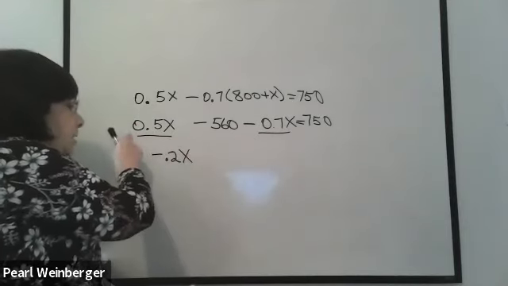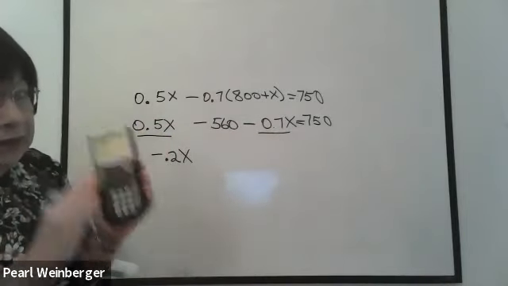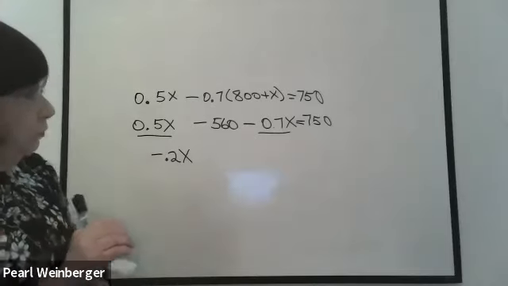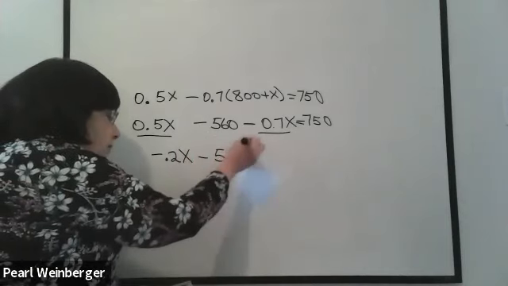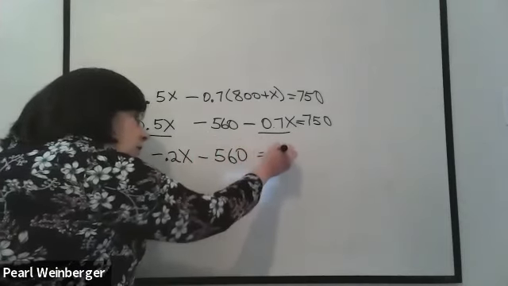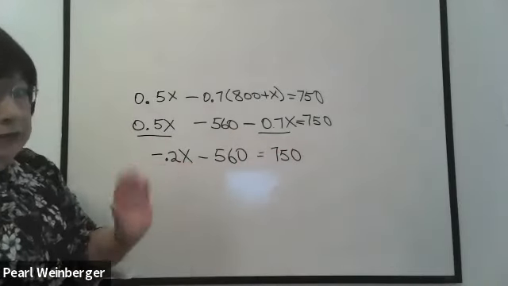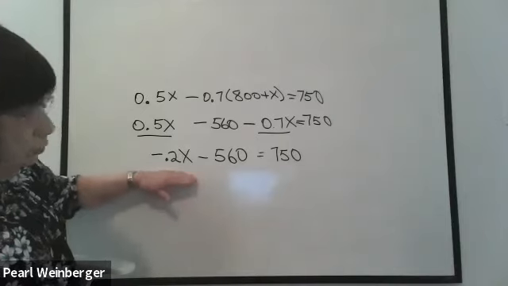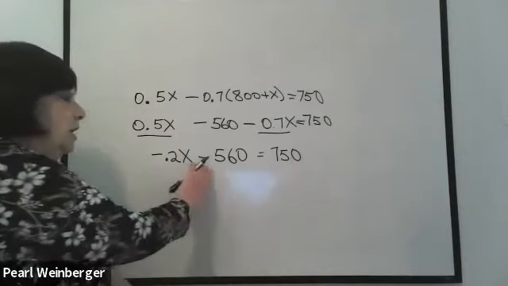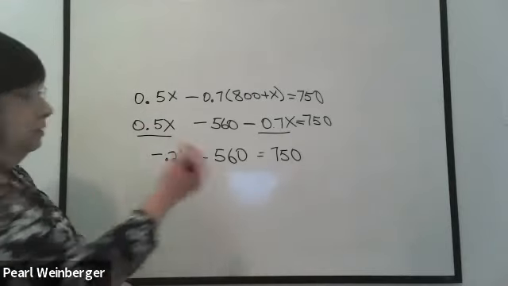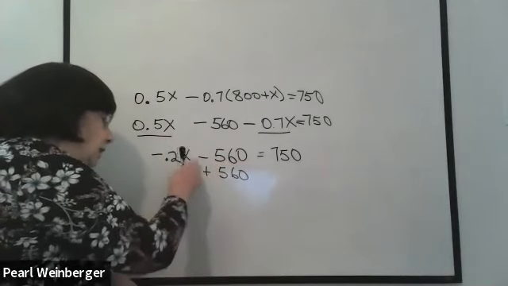In other words, when I'm putting it in my calculator, I just put in the coefficients, the numbers in front, but I let the calculator do the work for me. And I'm minusing the 560 because I haven't anything to combine it with, and that's going to equal my 750. And again, I remember my steps. I now have the x's all combined. Now I want to get all the numbers together, which means I have to bring this negative 560 to the other side. So I'm going to add 560 to both sides because this was negative, I'm doing positive.